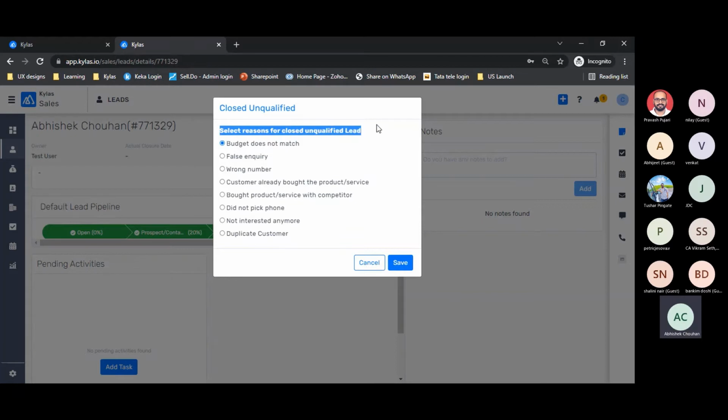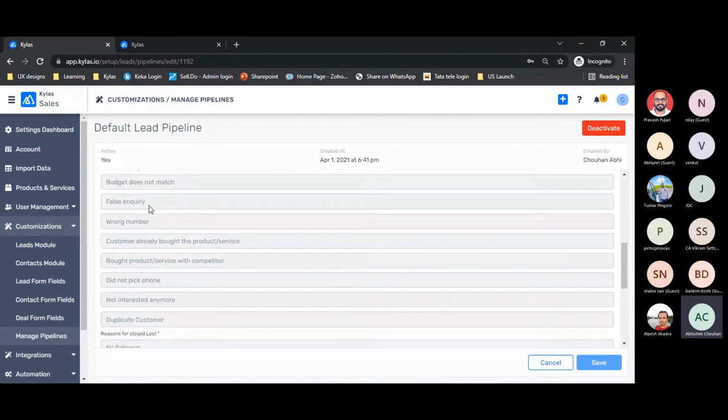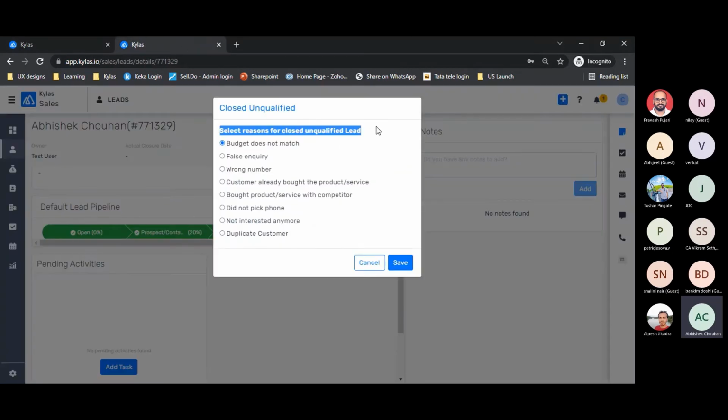Select the reasons why this lead is unqualified, right? So this list of reasons that you can see is coming from here. I can add n number of reasons for my lead, based on my own business experience. You could have your own reasons, right? That you typically hear from your customers.